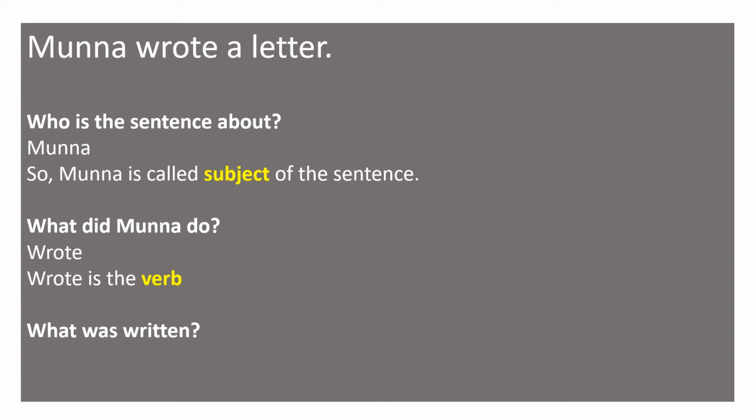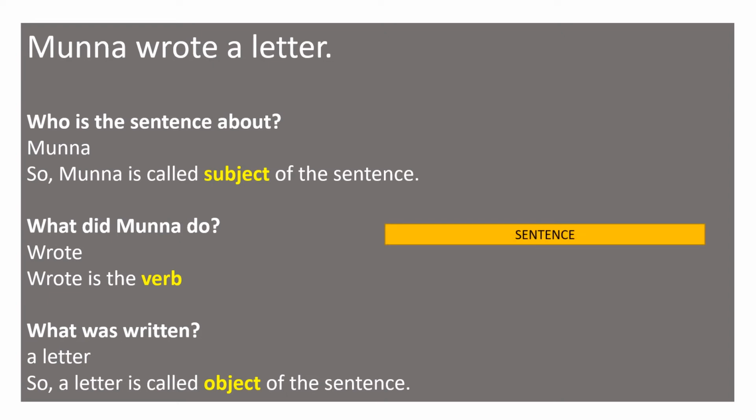What did Munna write? Yes, a letter. And here, a letter is called the object of the sentence. So from these three questions, what we have understood is that in a sentence, there are usually three parts. What are they? Subject,